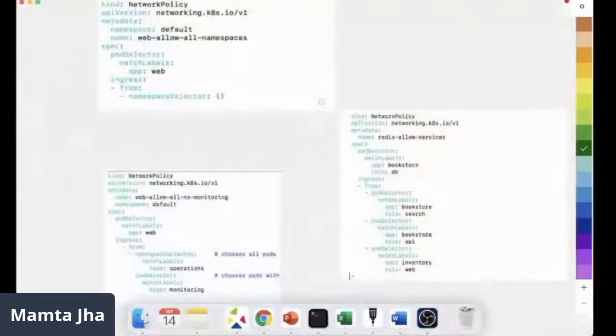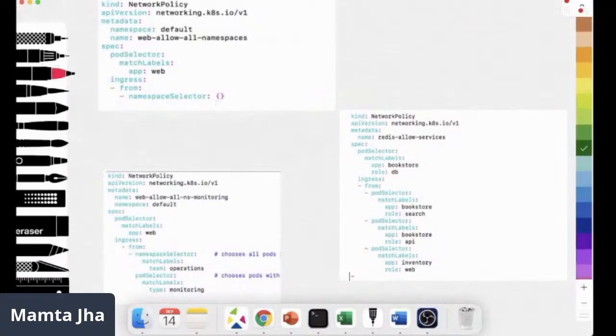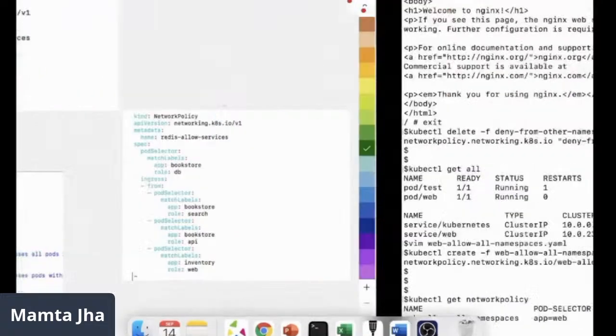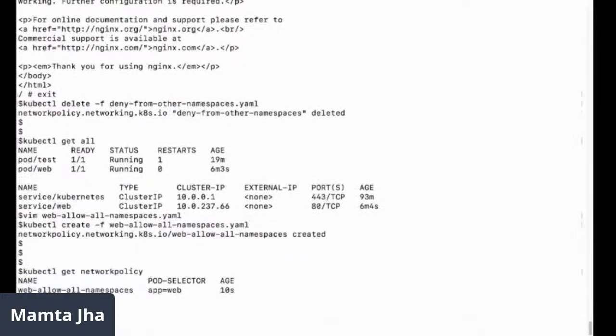But in the newer snippet, if you see, the namespace is mentioned with open curly braces. Later, we will see how namespace selector and pod selector can be combined. That also we would see. So here, namespace is empty. That means it is meaning all namespaces.